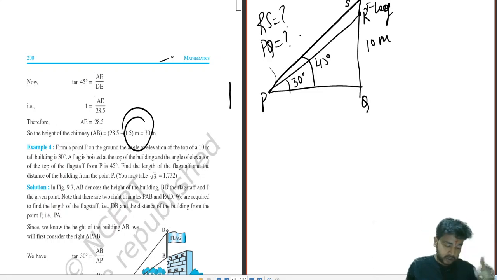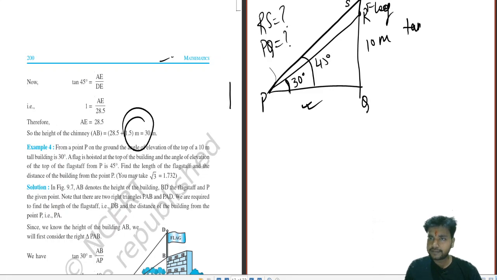So how we will proceed with the sums? Obviously the protocol will be done by you. I will not solve it again. So the easiest part is solving PQ. Now, what angle should we take, 30 degree or 45 degree for solving PQ? For solving PQ, we should take the 30 degree angle. Why should we take the 30 degree angle? Because it is a bit easy rather than 45 degree. Let's see how.